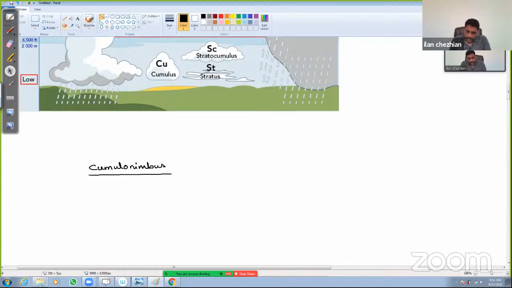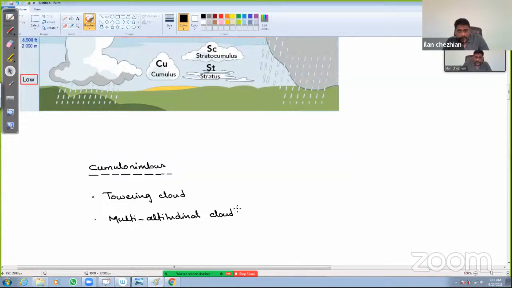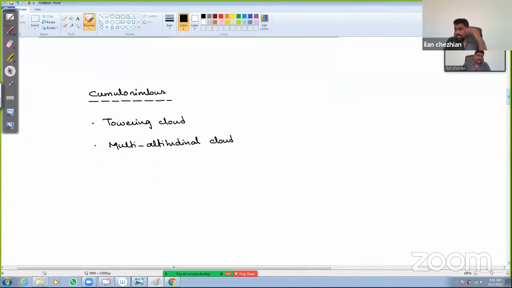Because, for example, this cumulonimbus cloud is often called a towering cloud, or sometimes you call them a multi-altitudinal cloud. And I could say this cloud is the one wherever,